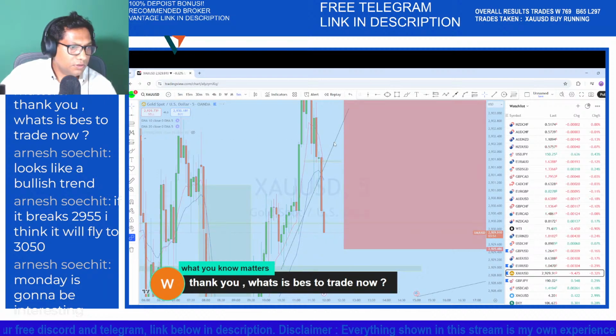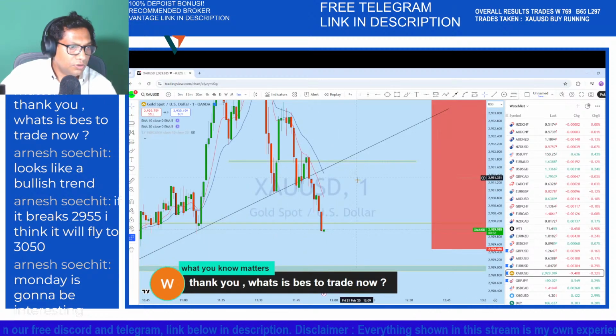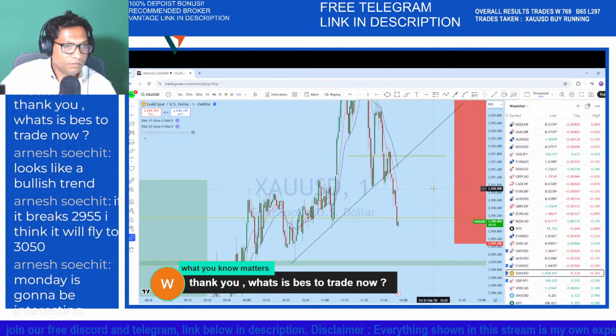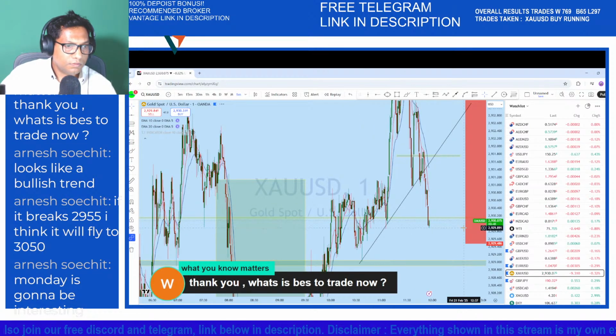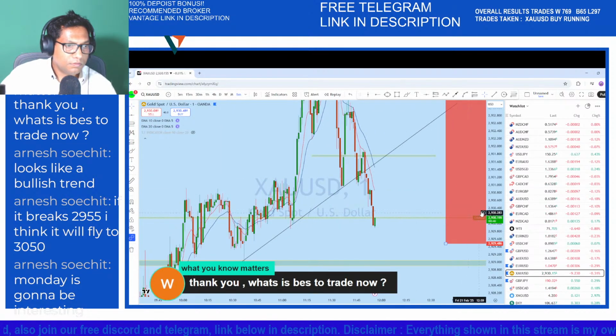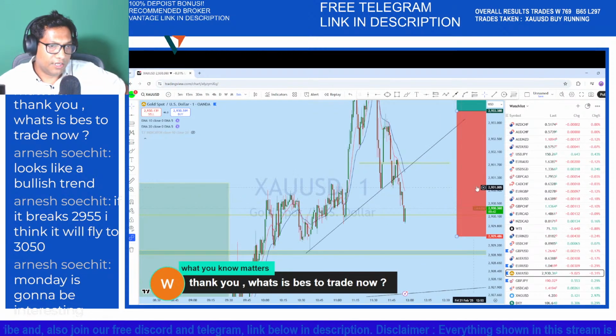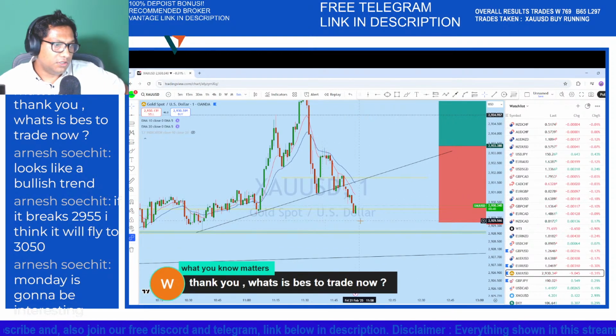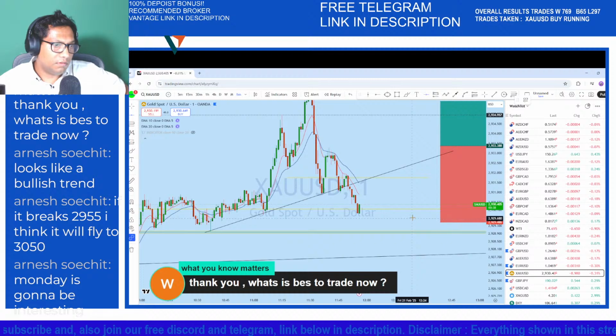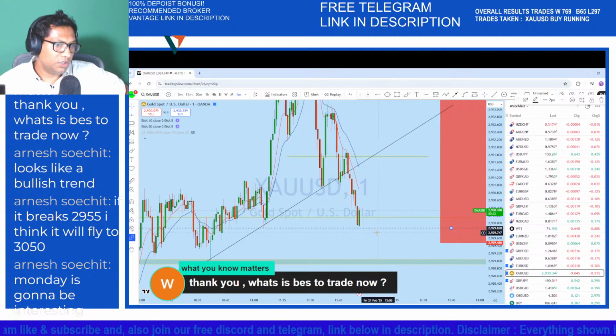It's a very unusual rejection. So okay, at the last moment you'll see that it is getting a rejection from here, on a support. Okay, so this is a support,